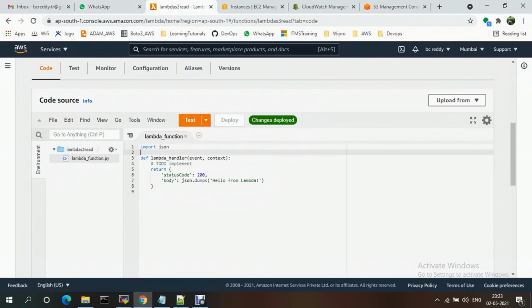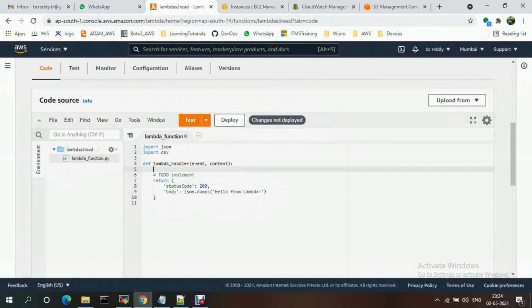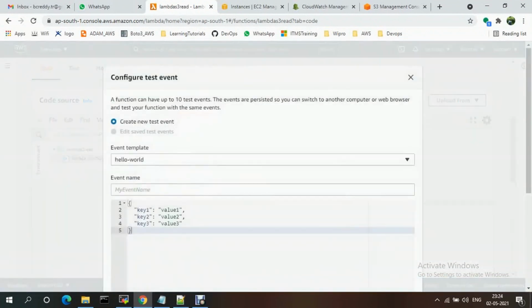I need to read the data, so I just need to import CSV and use it, and deploy it. If someone uploads, it needs to be triggered. Print event. I'm just deploying this and testing that.